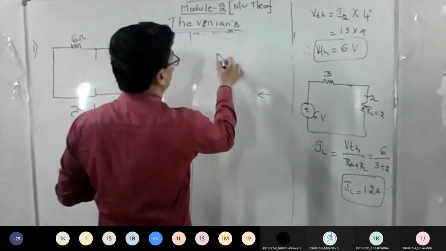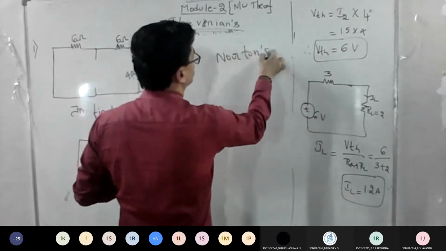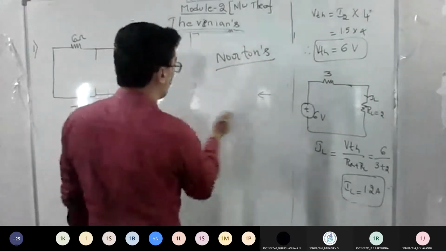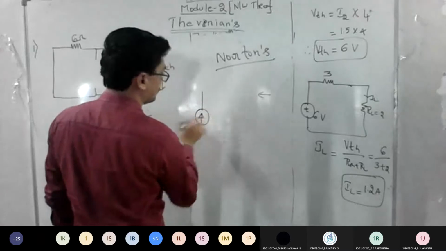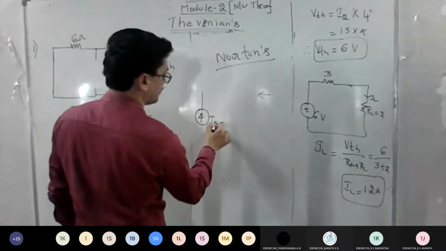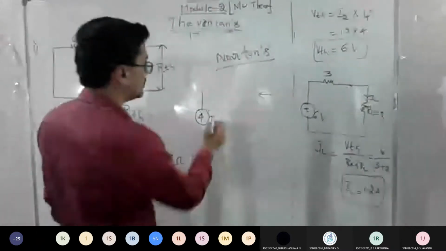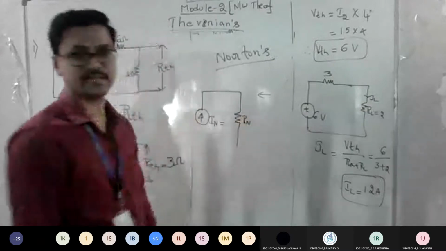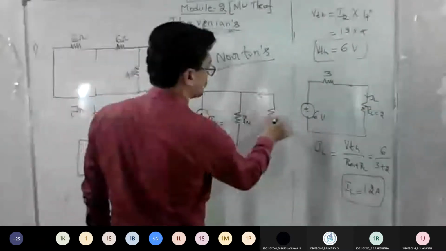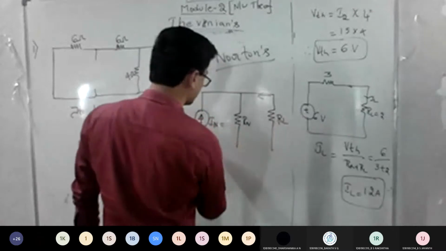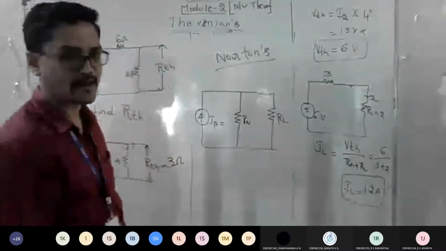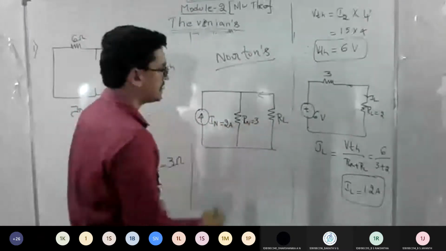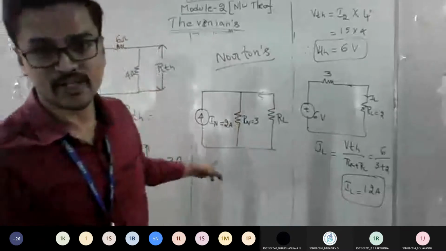So if you go with Norton's theorem, from the Thevenin equivalent you got, I can get the answer. I want this in terms of current, with the symbol pointing upward, so I'm going to call it IN, meaning Norton current. For this there will be a resistance, RN, the Norton resistance, and the load stays as it is, so there is no variation with my load. What is the answer? I equals V by R, so 6 by 3, 2 ampere. Yes, sir. This is called Norton's equivalent circuit.